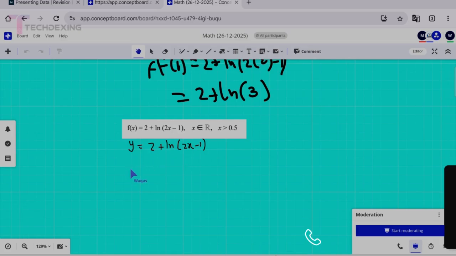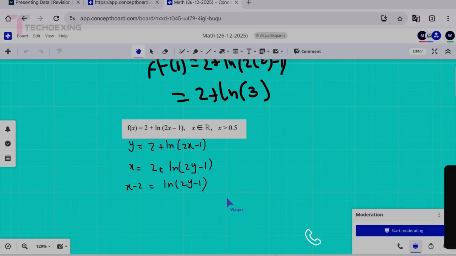So it becomes x equals 2 plus ln of 2y minus 1, right? Okay, perfect. After that, because we want to find the value of y which is inside the ln function, we can just remove this 2. So it becomes x minus 2 equals ln of 2y minus 1. Okay,